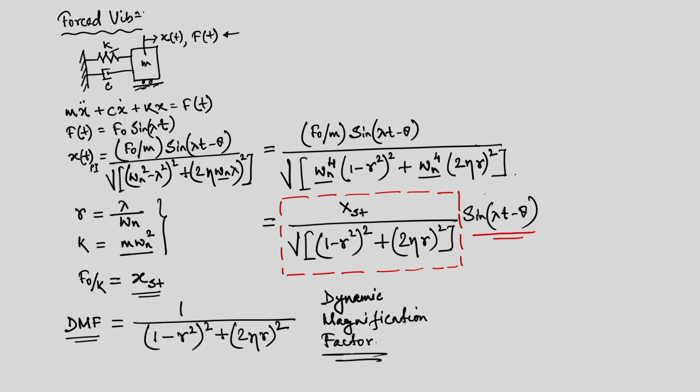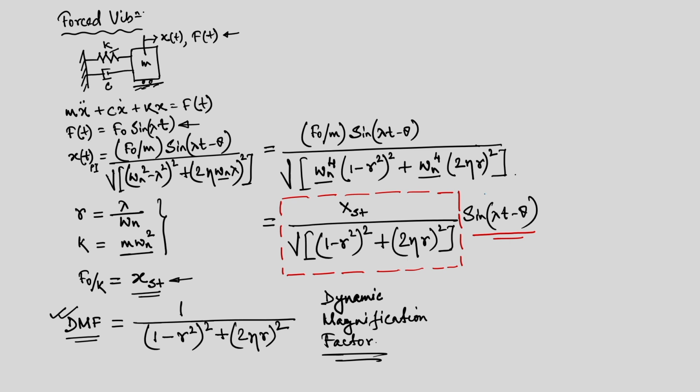Just imagine if we have the stiffness only, that means it is a static case, and then if we apply the amplitude of the forcing function, which is f naught. So, it is a sinusoidal force, its amplitude is f naught. If I apply that, we will get static deformation. Now, the moment we introduce dynamics to the system, what will happen? This static response will be multiplied by this factor DMF, and the response will get amplified. We will plot this expression in a minute, then it will be further clear.